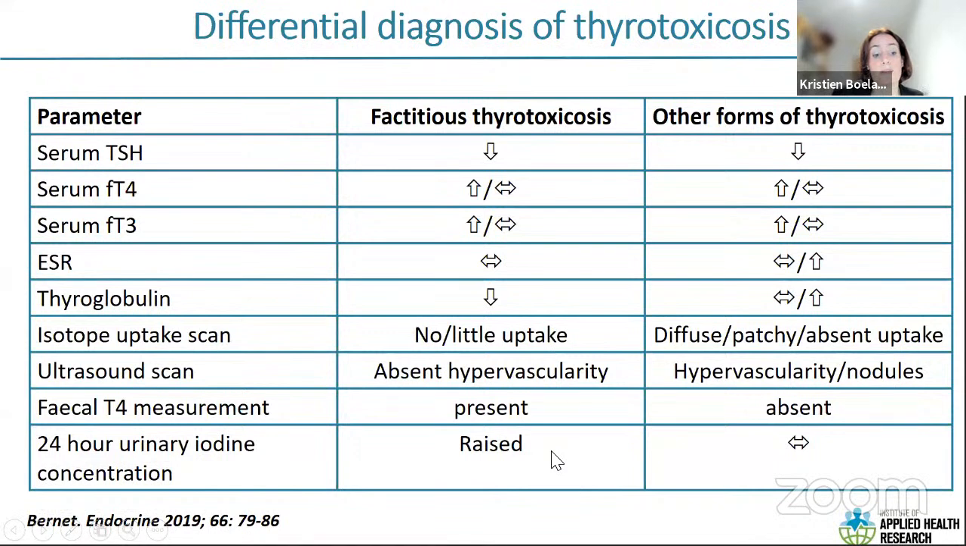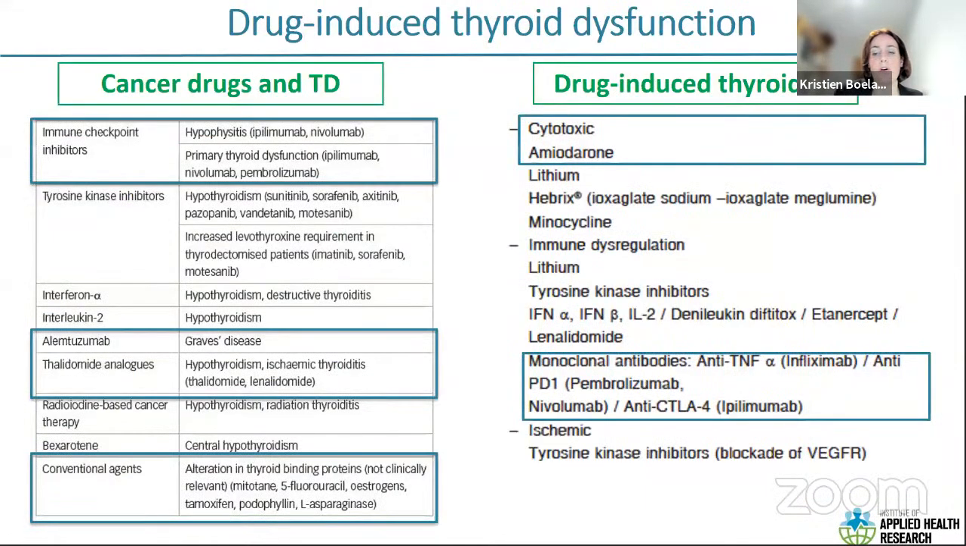A useful test is to measure fecal T4, because T4 should not be present generally in feces. However, I have not been able to find a laboratory in the UK that does this. And you can also do a 24-hour urinary iodine uptake, which will generally be raised if the patient is ingesting a lot of T4 or thyroid hormones, but not in other forms of